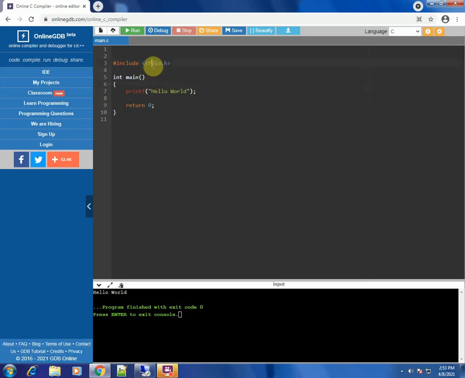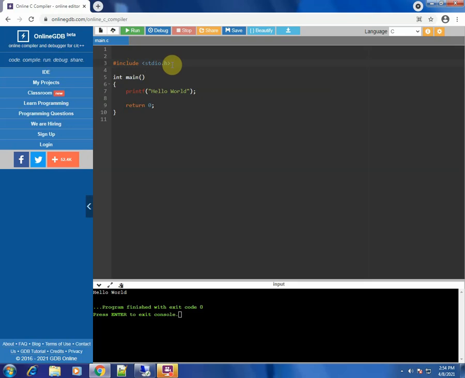Now, in this particular program, the header file name is stdio.h. So stdio.h stands for standard input output, and this is a header file which has the basic input output functions which are required for the C program.